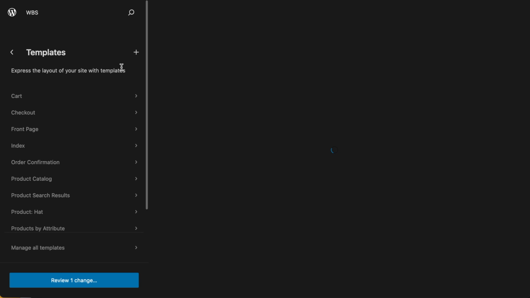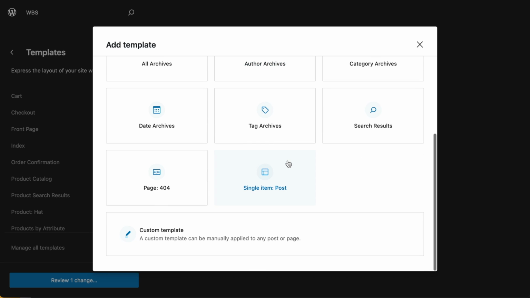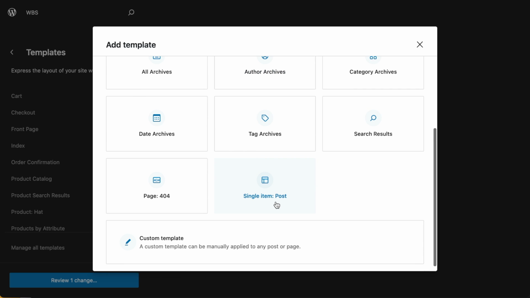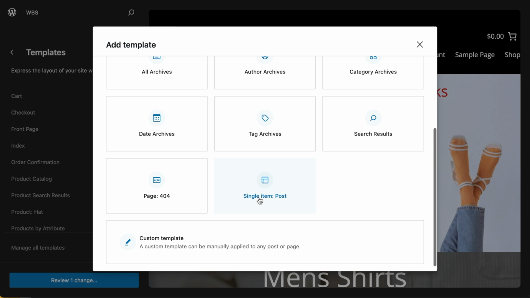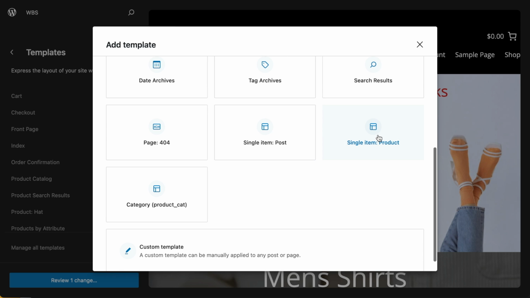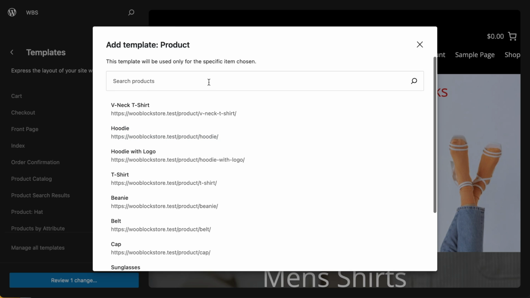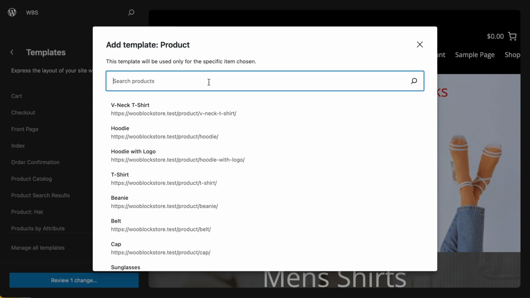So I actually need to go to my templates, create a new template, and then scroll to the bottom, and we've got single item post. Not single item post, I want single product. There, single item product. So if you click single item product, it'll ask you to choose which product you want to create a template for. So I want to look for my socks,